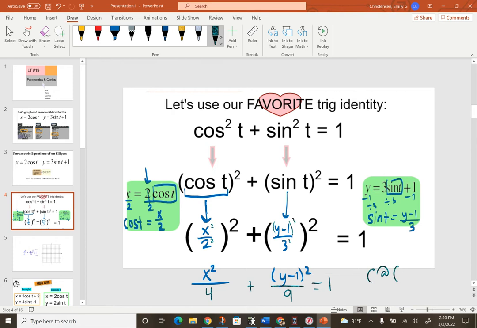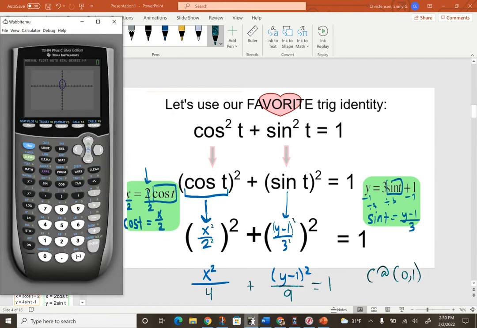Its center point is at 0, 1. And you have your a and b values from your denominators here, so 2 and 3, which if I look at my calculator, looking at that graph of the ellipse, it does match. In the x direction, I go left and right 2, and in the y direction, I go up and down 3 from the center point. So we had to use cosine squared plus sine squared equals 1, that Pythagorean identity,